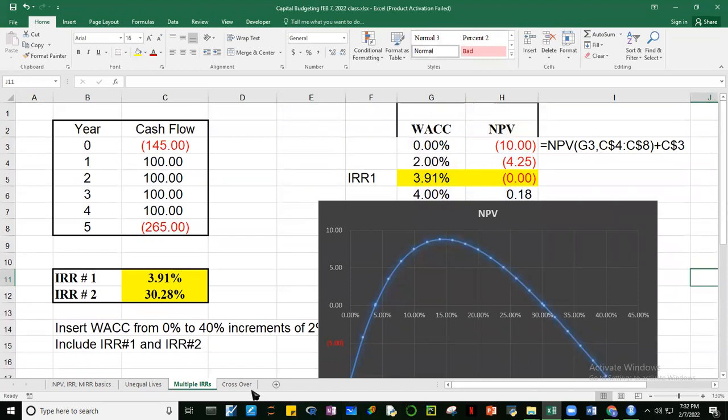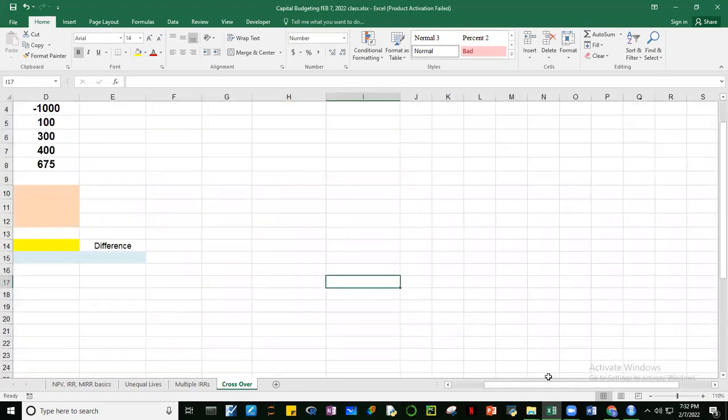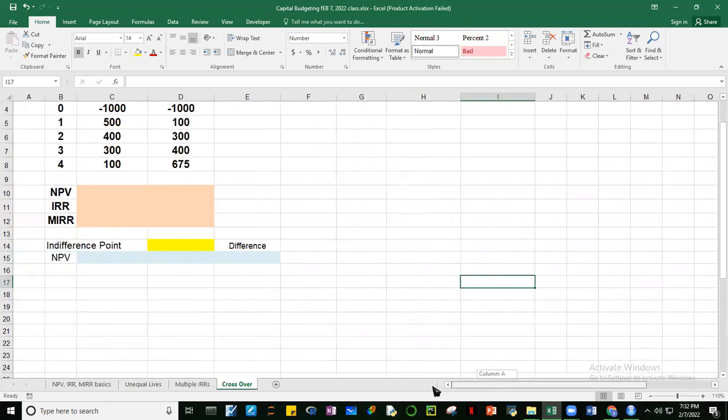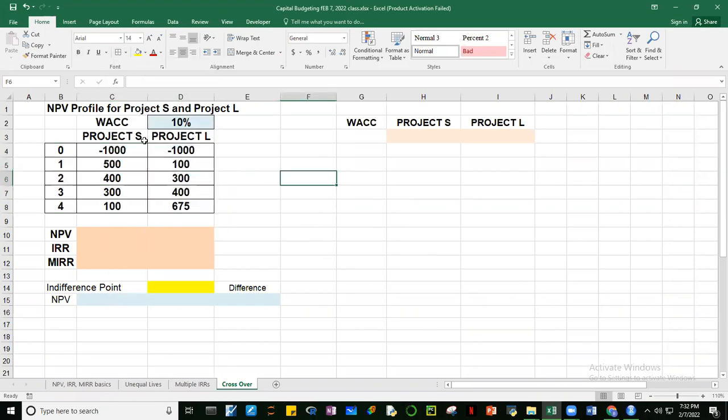Okay, so lastly guys, itong crossover, halos pareho lang din ng kanina. Mas complicated din to ng konti. Okay, we have 15 minutes. Siguro ito mga kailangan ng 20 minutes. So once again guys, if you need to go, okay, tutuloy ko lang hanggang matapos to. Okay, so here you have two projects, project S and project L. Okay? So gusto natin malaman kung sino ba dito yung